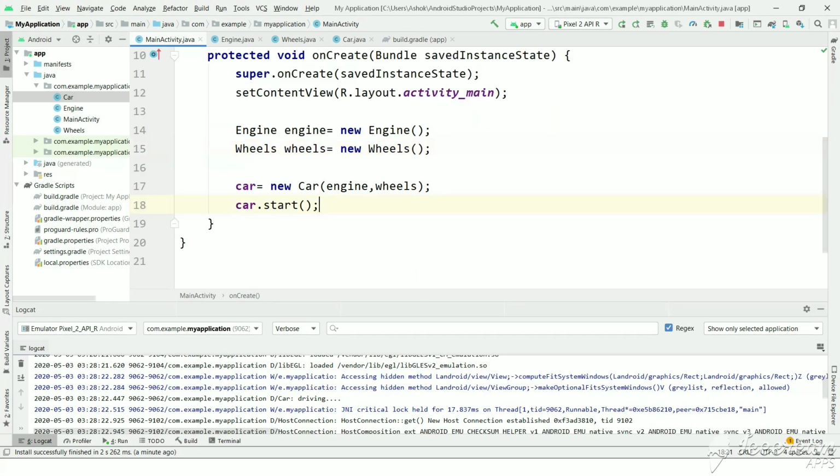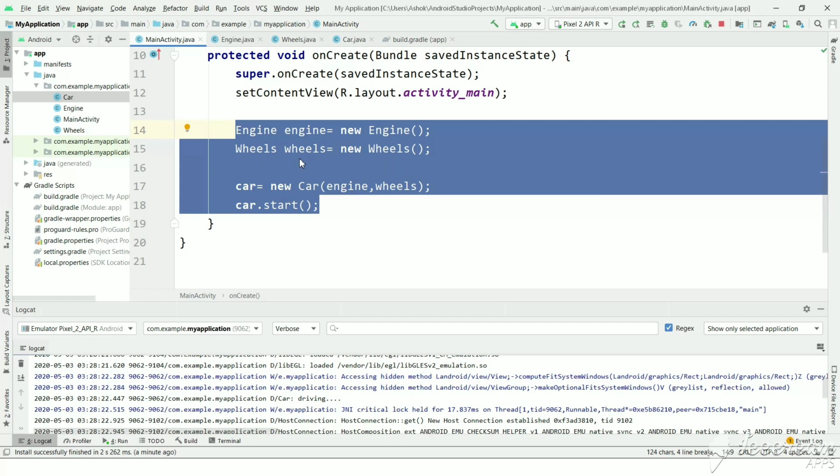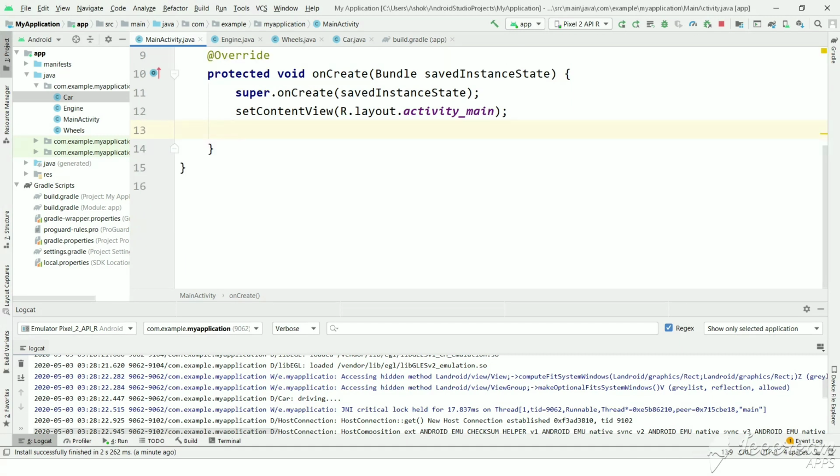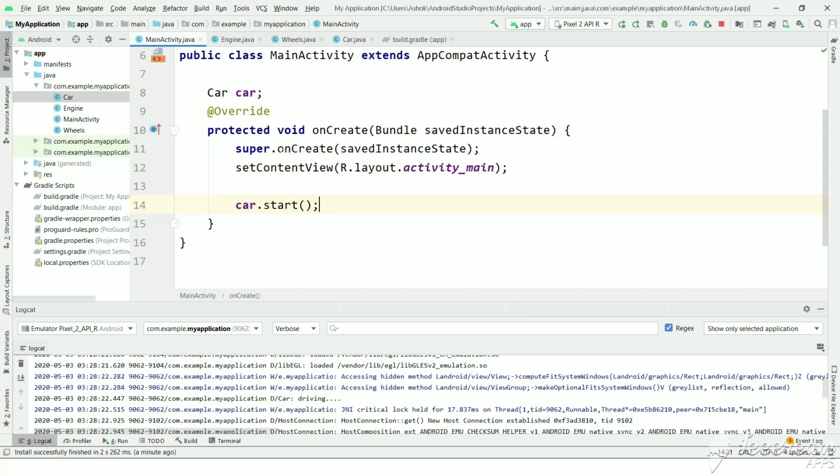Now let's remove all this code. If you directly call start without creating a car object, it will obviously give a null pointer exception. So how to use the Dagger library?